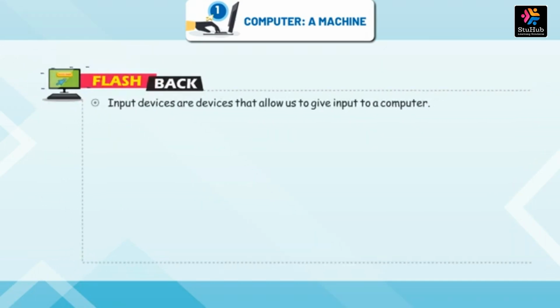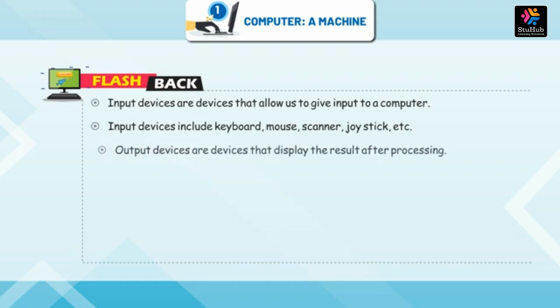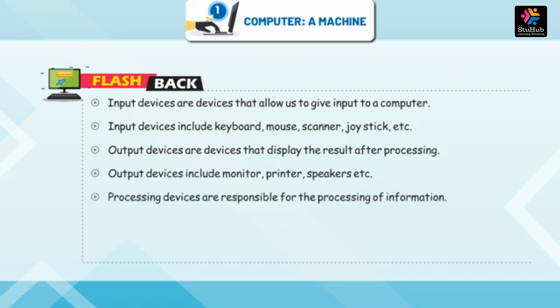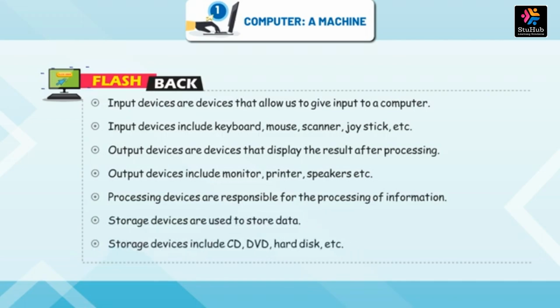Flashback. Input devices are devices that allow us to give input to a computer. Input devices include keyboard, mouse, scanner, joystick, etc. Output devices are devices that display the result after processing. Output devices include monitor, printer, speakers, etc. Processing devices are responsible for the processing of information. Storage devices are used to store data. Storage devices include CD, DVD, hard disk,